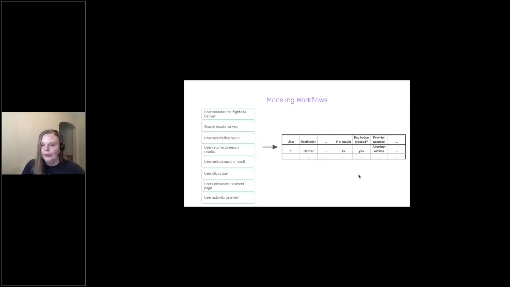And again, we summarize this here in a model table. So we have, again, the user with the user ID. We have destination, all sorts of other information that might be relevant to our specific use case. The number of search results they were served, did they buy something, and what provider did they select. So our summary table aggregates the event level data to an individual workflow level, and each workflow represents the journey that starts with a user performing a search, and that ends when the user either makes a purchase of one of the search results,